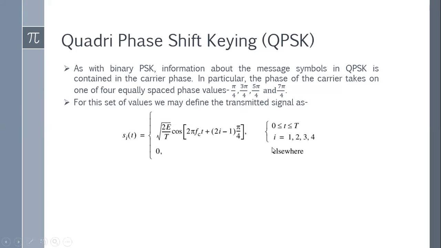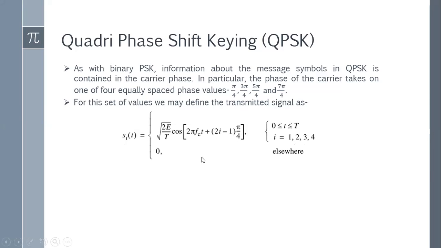Now here, if you see, I am sending four symbols, so the value of I will go from 1, 2, 3, 4. So when I'm transmitting signal S1(t), I will put the value of I equal to 1. If I put I equal to 1, this will become 2 minus 1, which is nothing